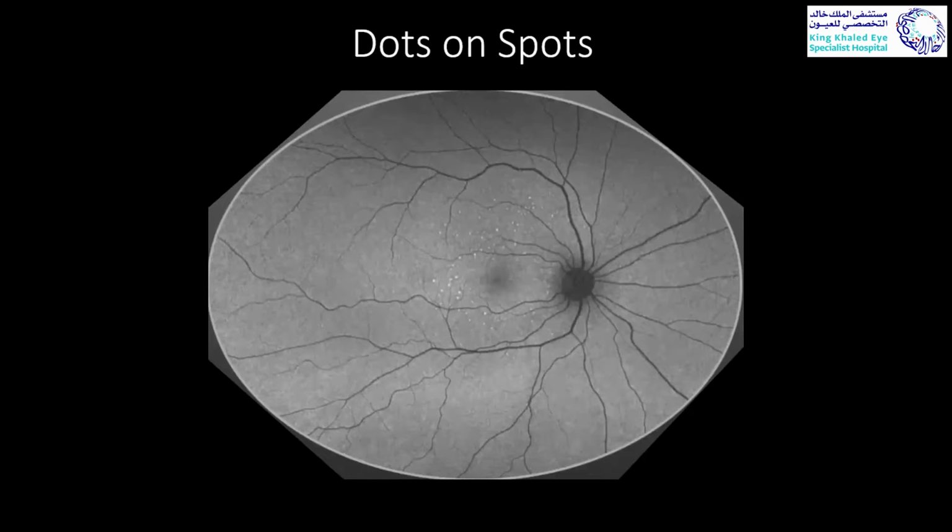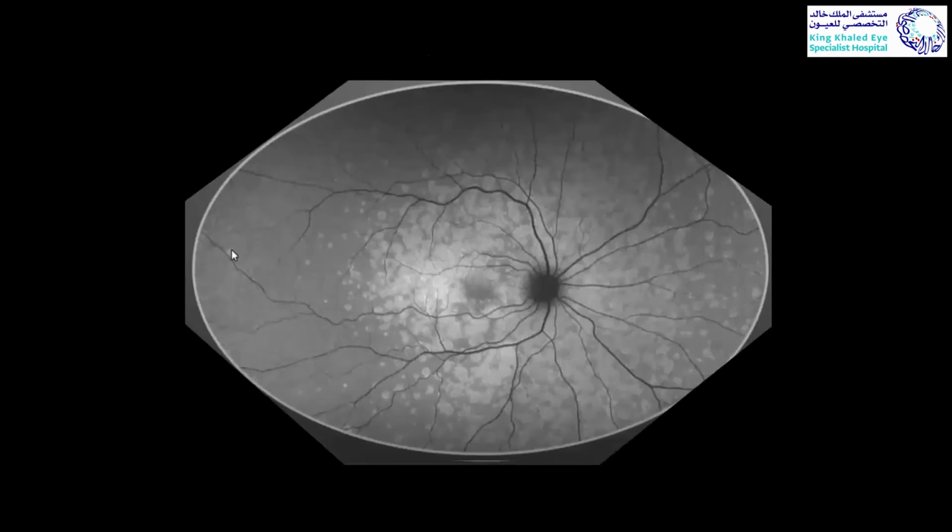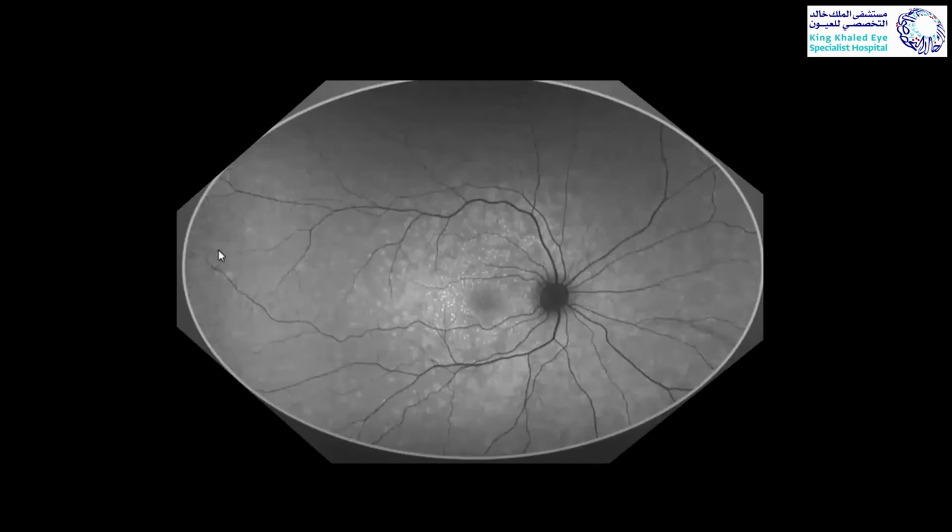So he examined these dots, and they found that these dots actually are present initially in the acute stage of the disease. So here in the acute stage, all these lesions are representing the spots of the disease. And if you look carefully inside these spots, you will find fine dots in the center of these spots. So what does this represent? And this is during the intermediate phase.